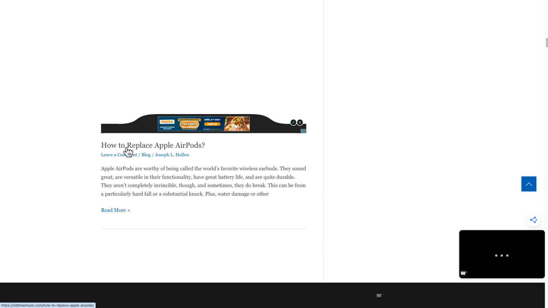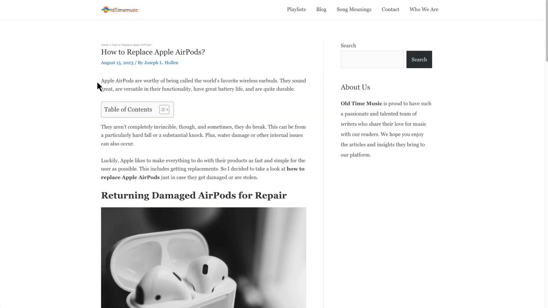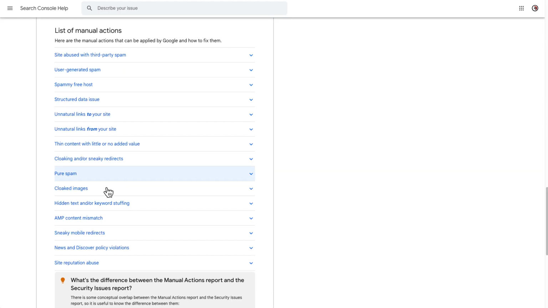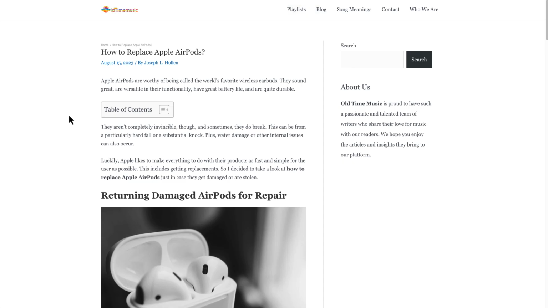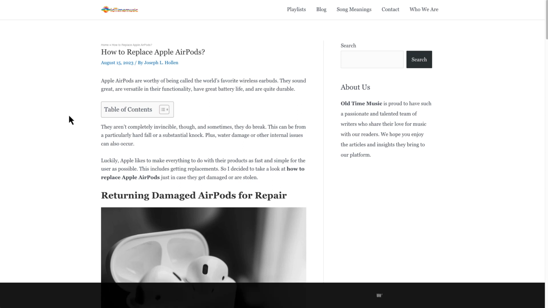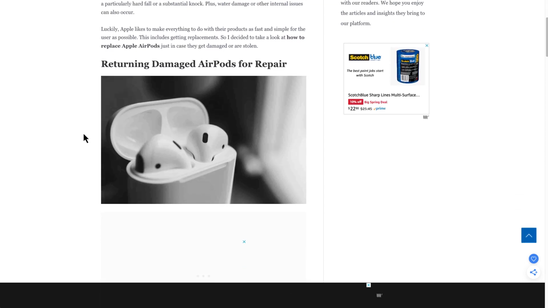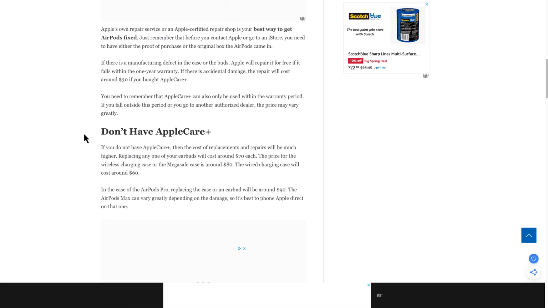So we'll click on that and we'll take a look and we'll say, okay, we'll go back to the guidelines and we'll look at the manual index. We look at all these things, right? Really come back to thin content with little or no added value. Do they rank for this based upon all the other things that they were ranking upon? So their site authority, right? And then you get into the conversation of Forbes and New York Times talking about blenders and mattresses or whatever, right? Or AirPods. Of course, they would rank for that. So Old Time Music, it makes sense. People are using AirPods, but just overall, is this content helpful? Is it too thin?